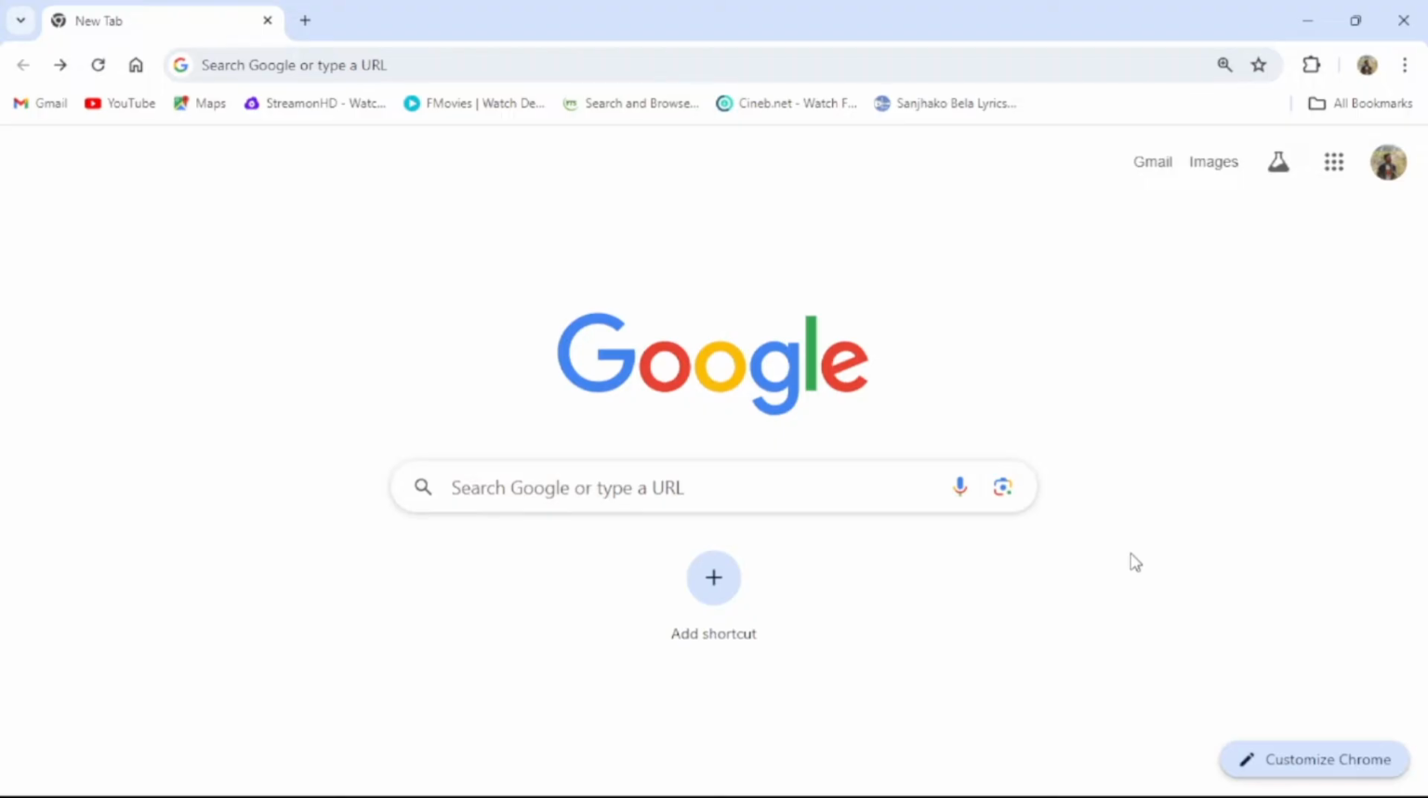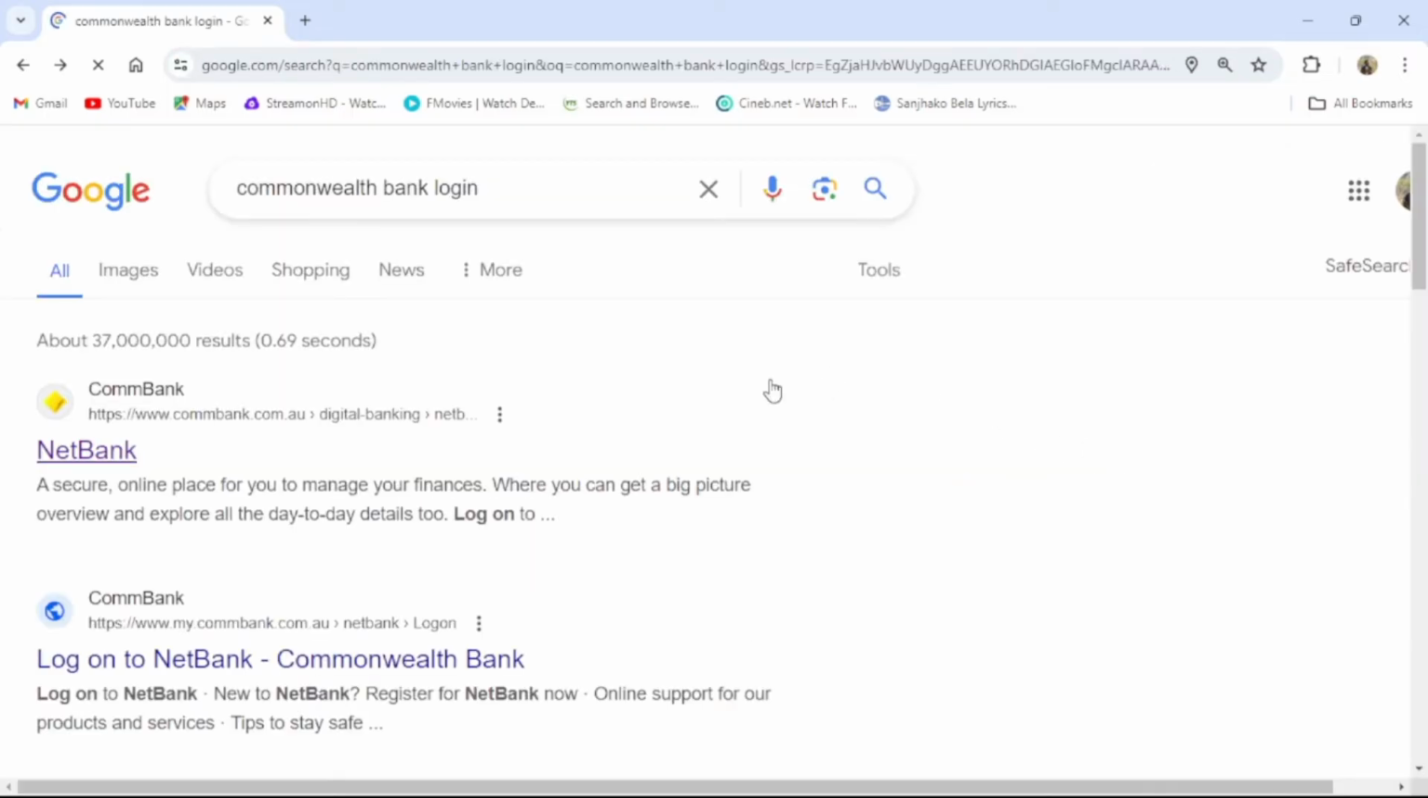Today in this video I'm going to show you how to log into your Commonwealth Bank account. To do so, follow some simple steps with me. First of all, go to your browser and your default search engine. Then search Commonwealth Bank Login. Then go to the first result that shows up or go to